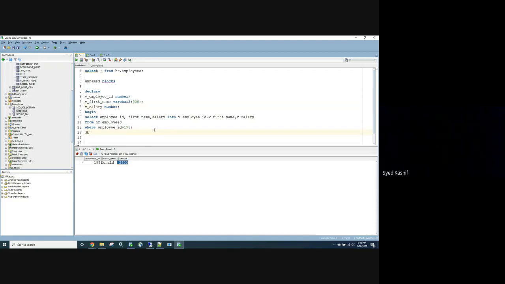Now you can type in your dbms_output.put_line, and over here you can say employee ID is pipe, and you can just say v_employee_ID, and you can just say pipe,